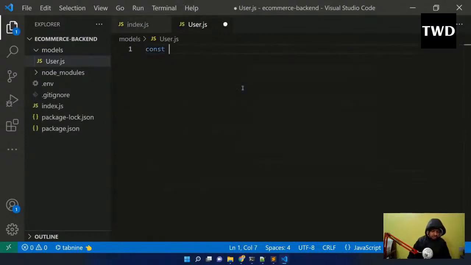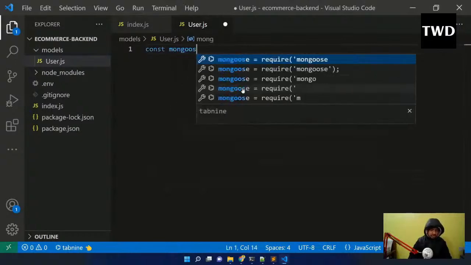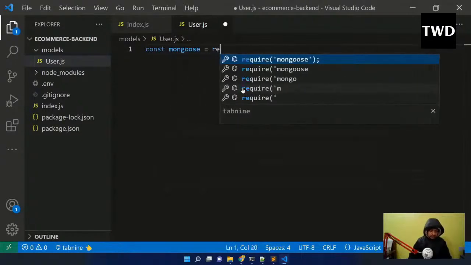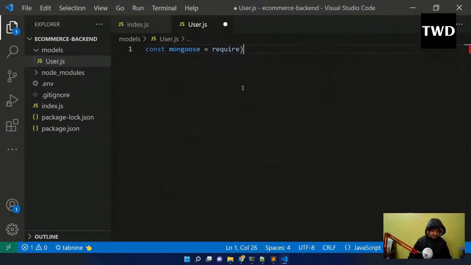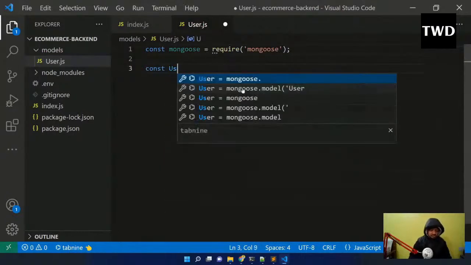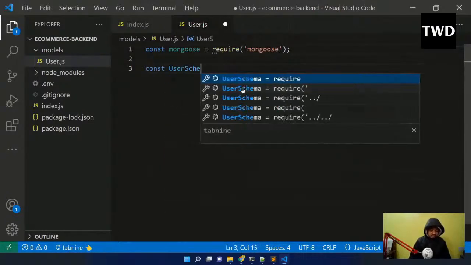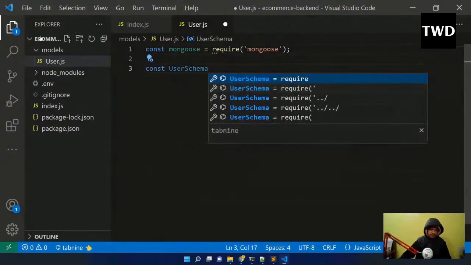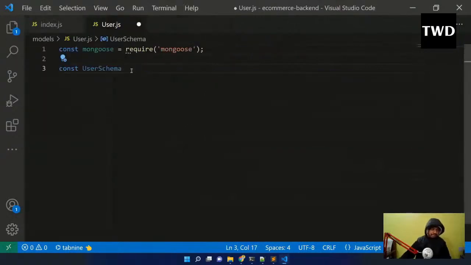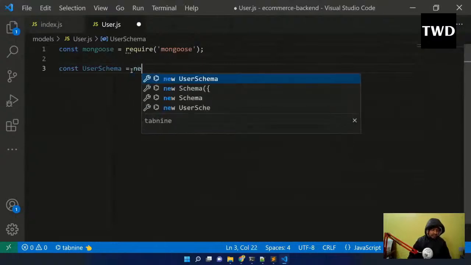So const mongoose equal to require mongoose, and const user schema. So schema we have to create. So user schema equal to new,